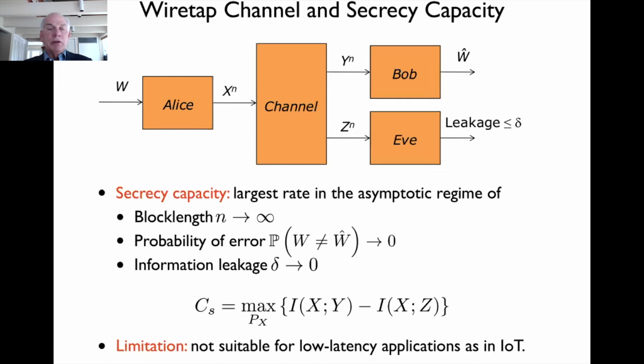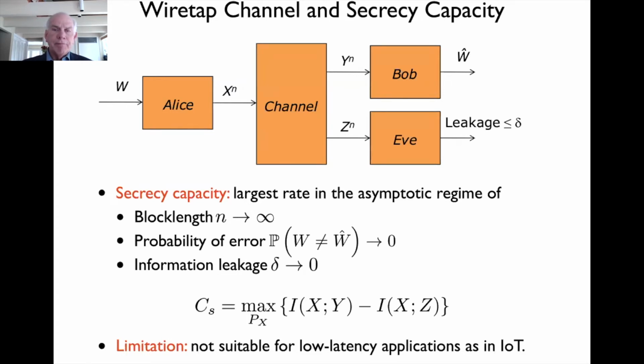It's a clean result that gives rise to the kind of results I just showed you. On the other hand, it is asymptotic. So for short packets, like we might have in IoT, we're not going to have n go to infinity. We're not likely going to have the probability of error go to 0. And we probably can't expect the information leakage to go to 0 either. So all of these things are going to be finite, that is non-asymptotic. So for something like IoT, this is not a very useful, or at least it's not the most useful formulation.